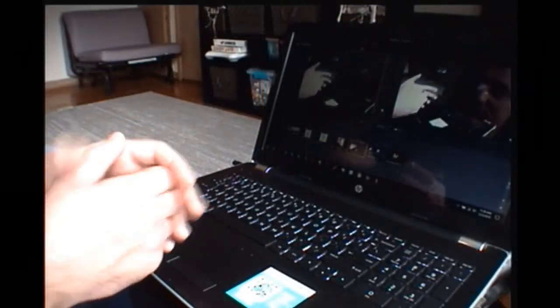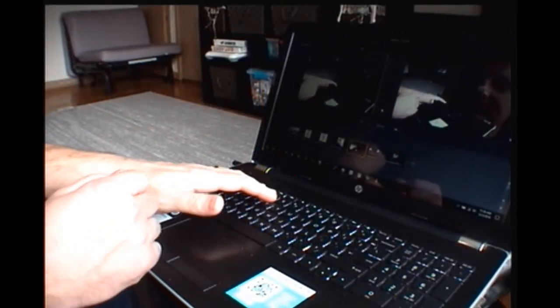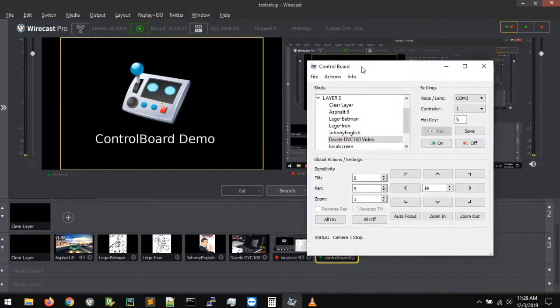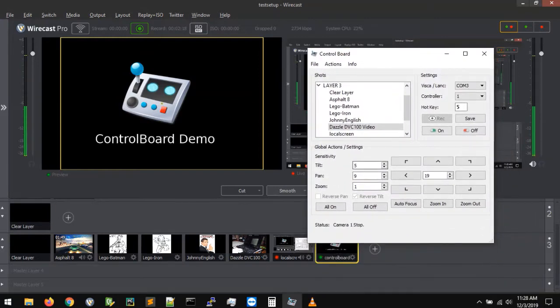And press space to send it back live. Oh, let's talk about the speed values. Sensitivity speed values. For Vizca cameras, in my case for the